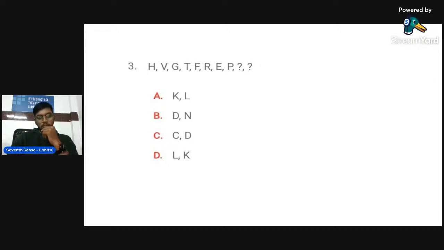Just see the pattern. Then tell me the answer for this. Yes, you have to calculate two alphabets here. Only one alphabet is not correct, so you have to calculate two. There are four options they have given, that is A, B, C, D. So which option is correct? You can type that, or else type the proper answer. The people are saying D and